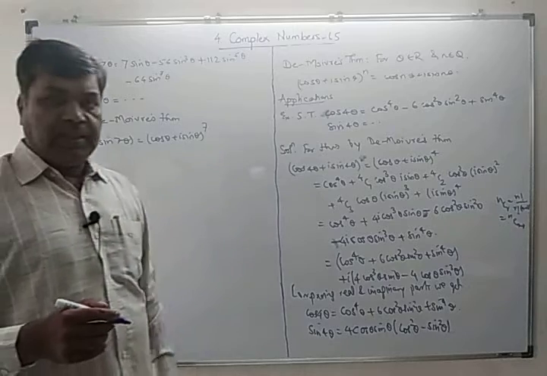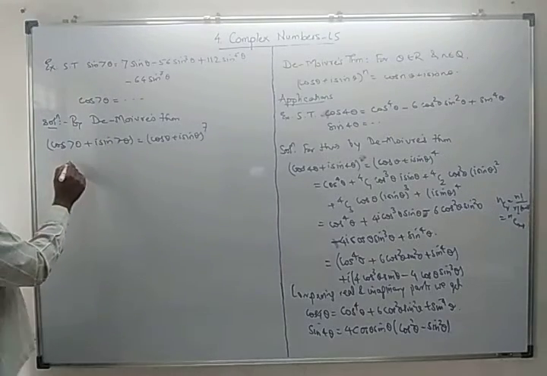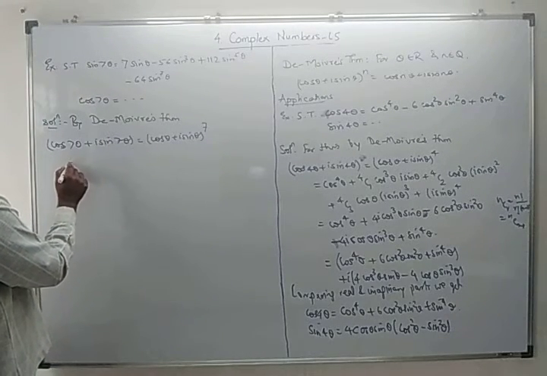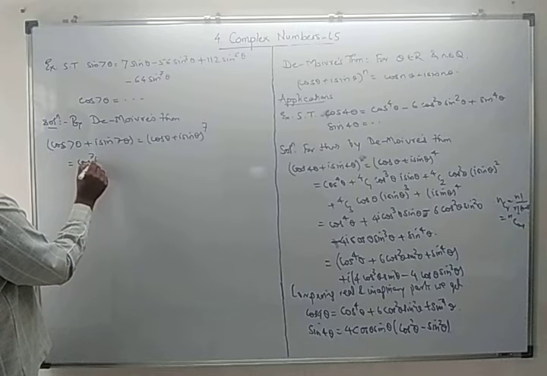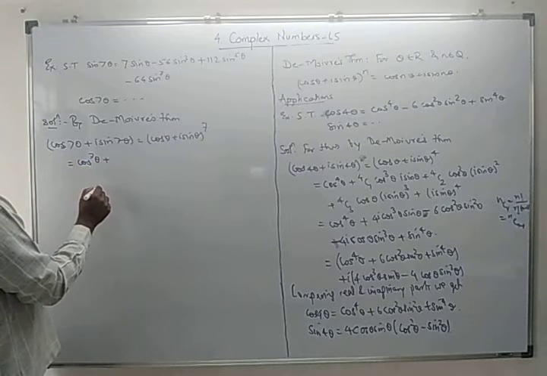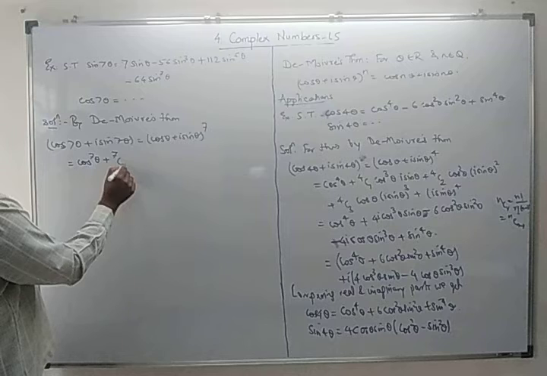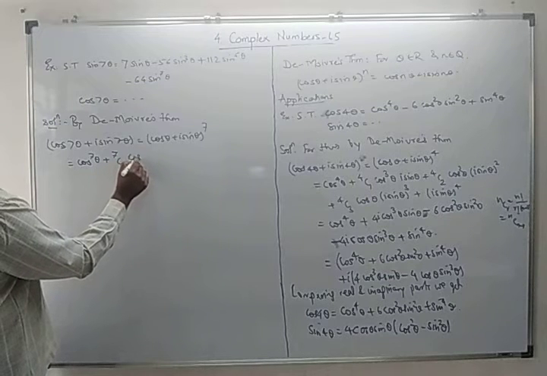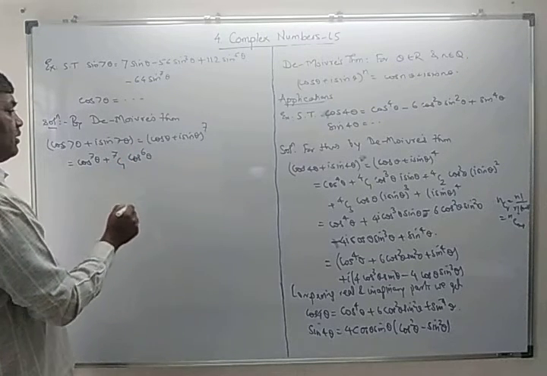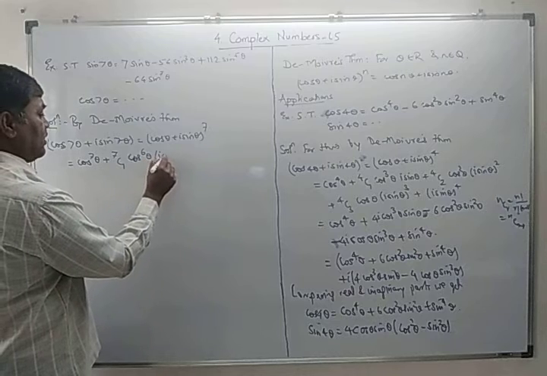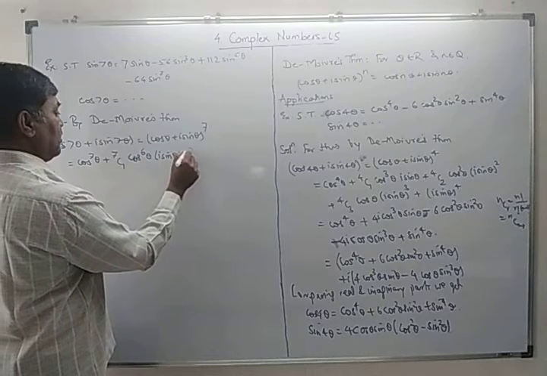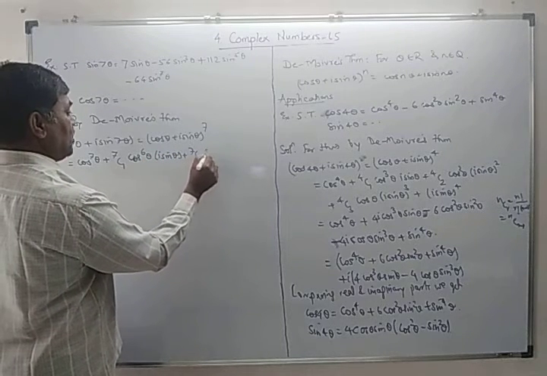Expanding by binomial theorem, we will get 7C0, which is 1, so cos raised to 7 theta plus 7C1 into cos raised to 6 theta i sin theta plus 7C2 into cos raised to